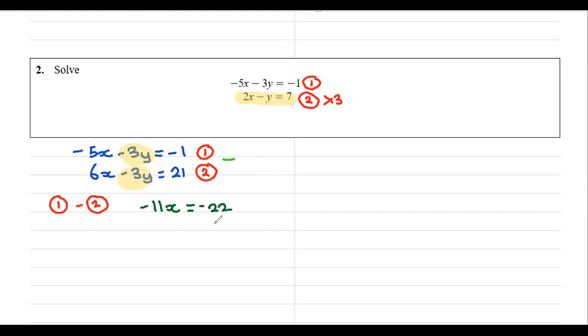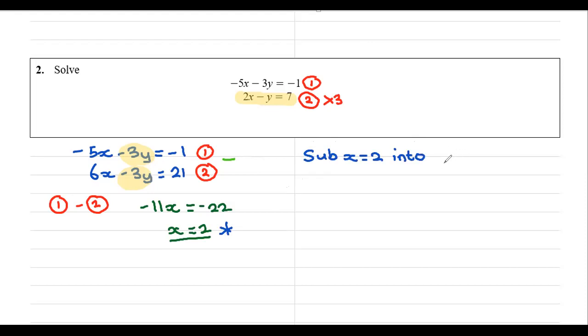And this is going to work out nicely, isn't it? Divide negative 22 by negative 11, and we get x is equal to 2. No problems there. Now it's just a case of substituting our results here into the other equation. So I'm going to just write down what I'm going to do. So we're going to sub x is equal to 2 into